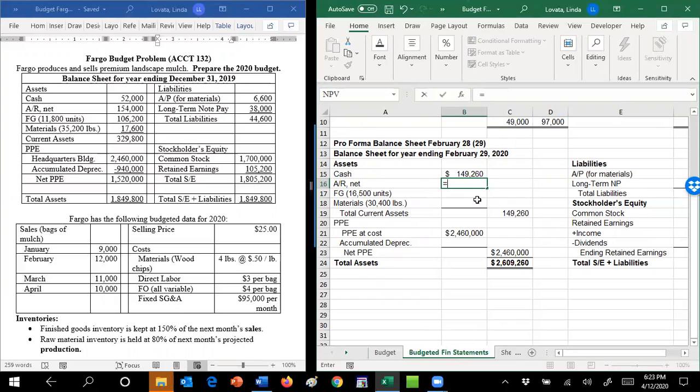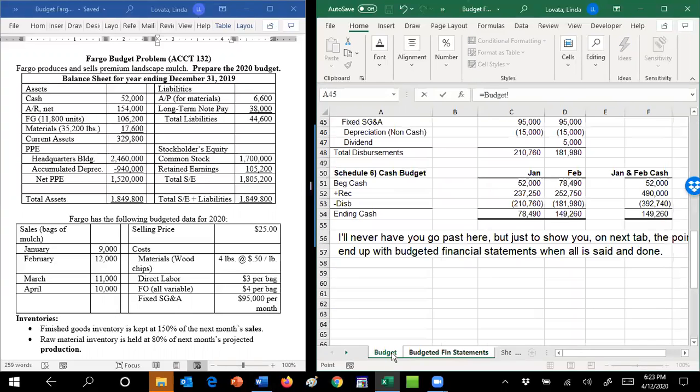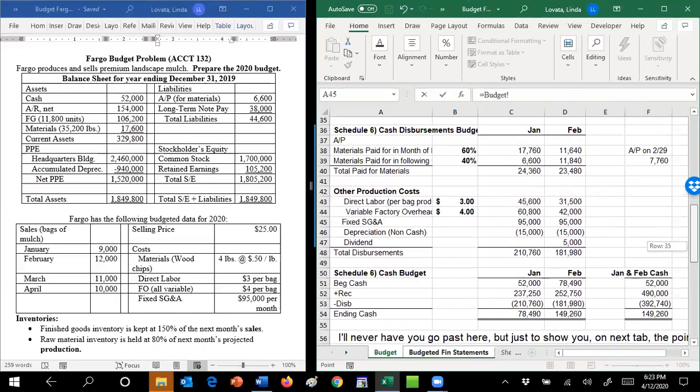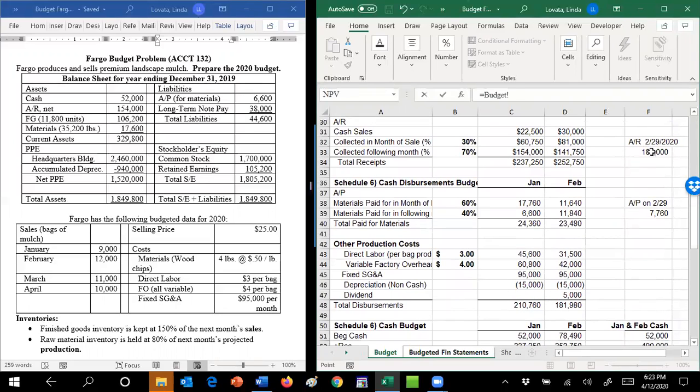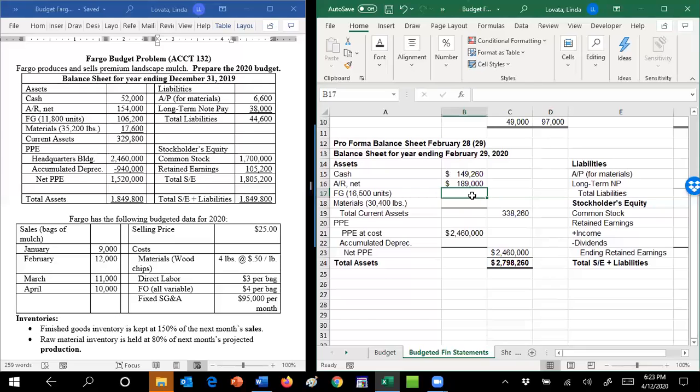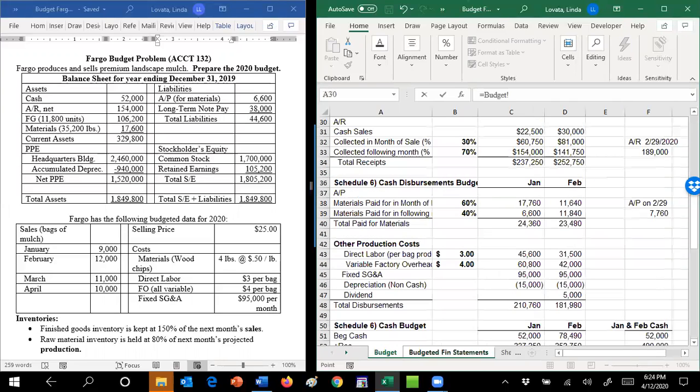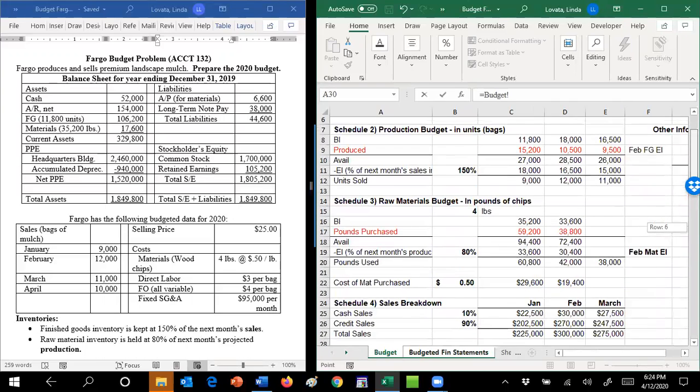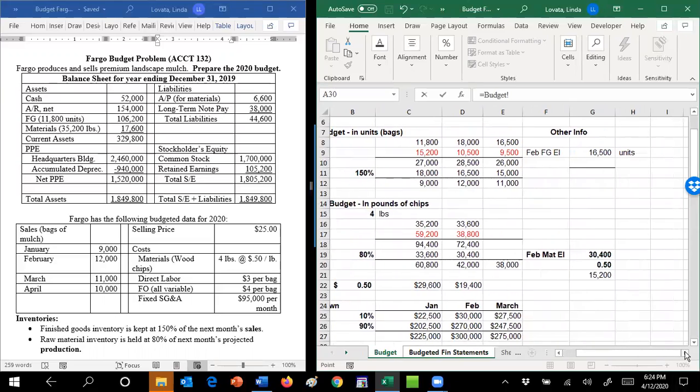Your accounts receivable is what we had over here for our sales. We had that 189. Our materials, we had some finished goods, our finished goods inventory. We had figured that out over here. Our ending finished goods is that many units